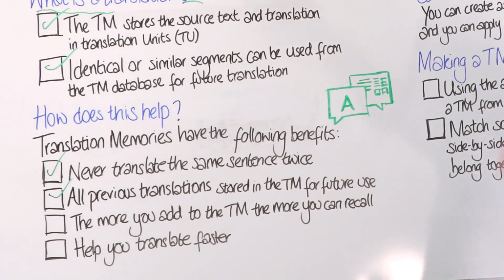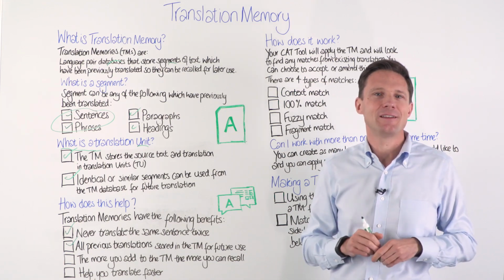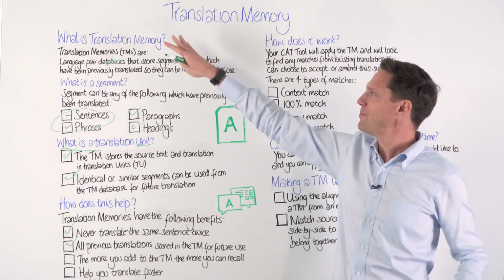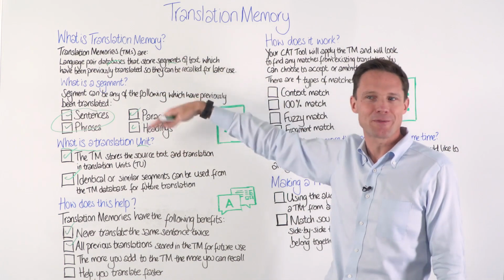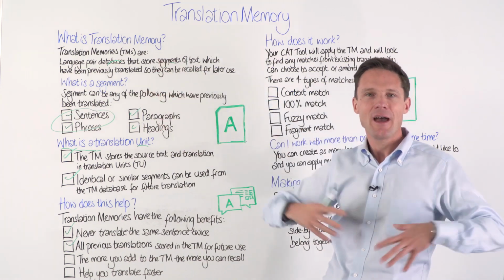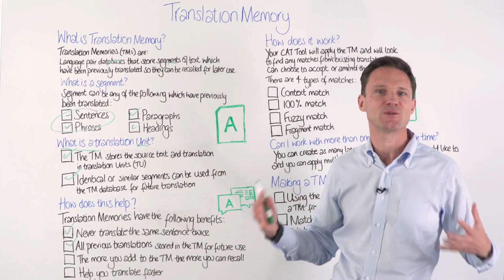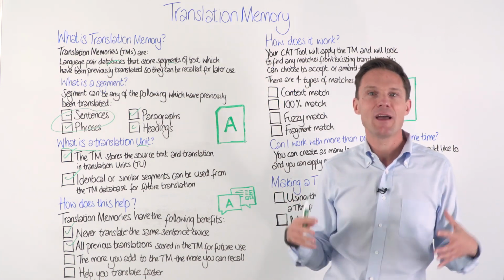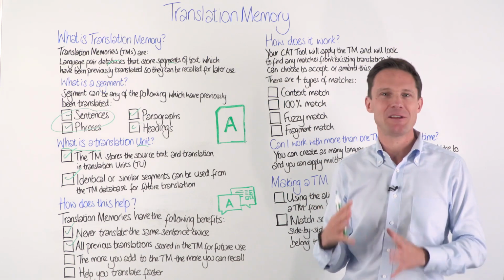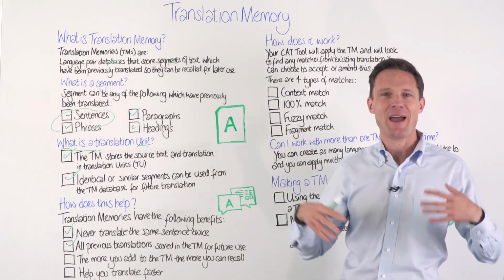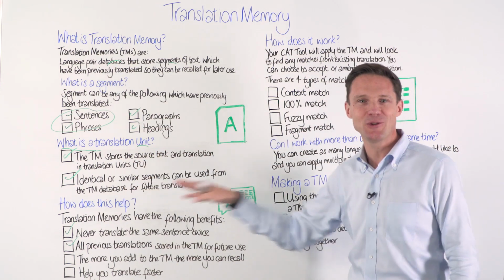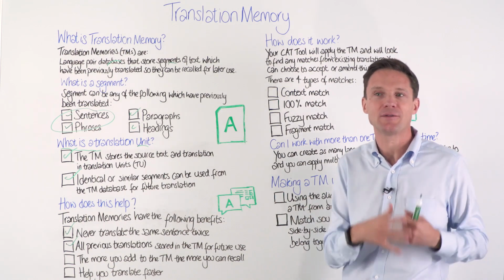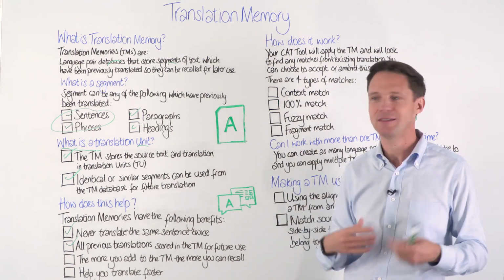Obviously, all of these translations get stored for future use. So you're building an asset in essence. You're building this database made out of translation units which contain all your previous sentences that you translated. And it's something you build for future use. There are people who've been building millions of words. It's not a joke. There are translators who have 1 million translation units. Can you imagine? And they can reuse them, so you can save a lot of time and also ensure consistency and quality.